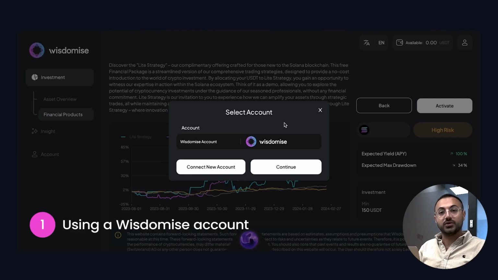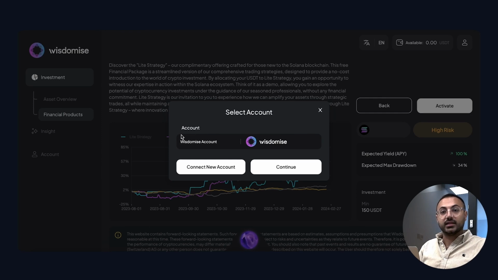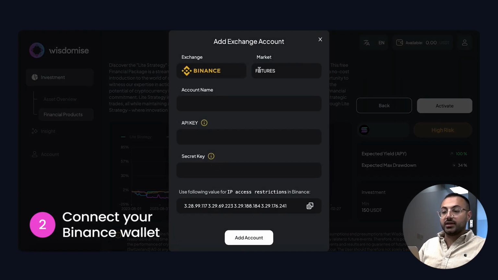One important thing that we have to consider when we want to set up a financial product is that there are two different ways that we can connect our wallets into the system. Firstly is using a Wisdomise account. As you can see over here, a Wisdomise account or a Wisdomise wallet is exactly like opening a Binance sub account. It's 100% secure and it's very easy to create. We just host it on our website, so you don't have to go and open a Binance wallet on the Binance website. And the second way is that you can press on connect a new account and connect your already built Binance wallet